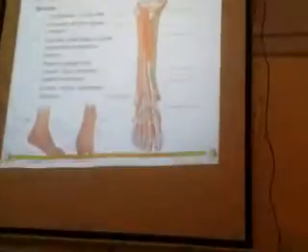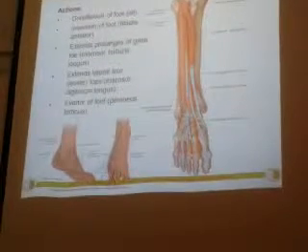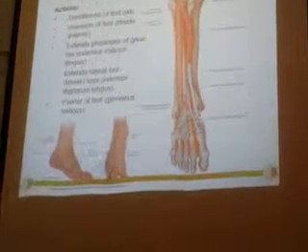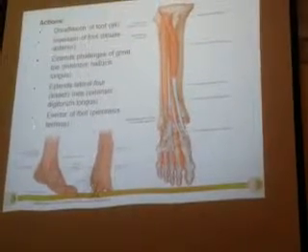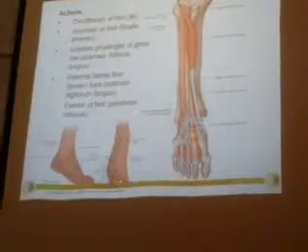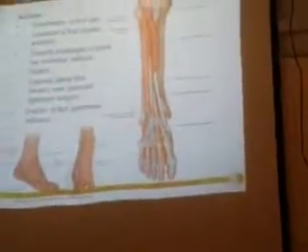Then we have the extensor digitorum longus. As the name indicates, it helps in the dorsiflexion of all the digits as well as the ankle joint. Then there is peroneus tertius, the last muscle. Because it is on the lateral side, it helps in the eversion of the foot along with the lateral compartment. Inversion is inside, and eversion is opposite, outside.